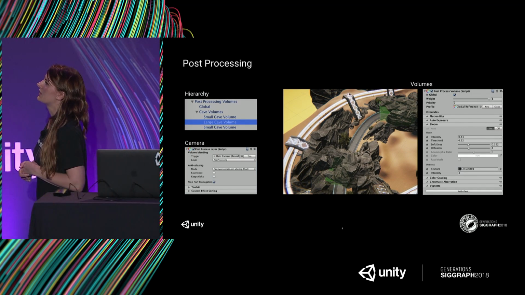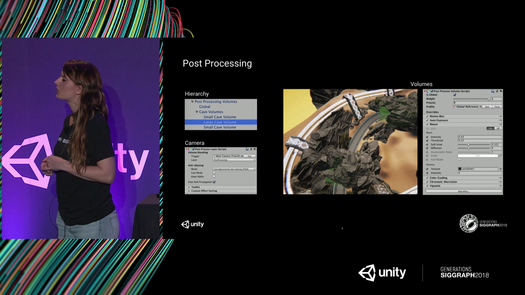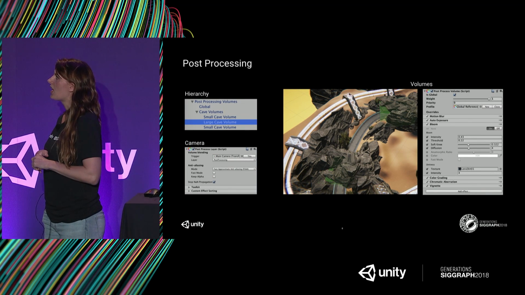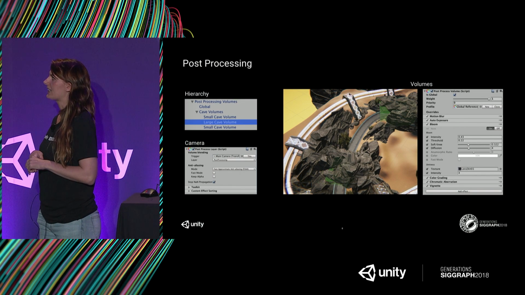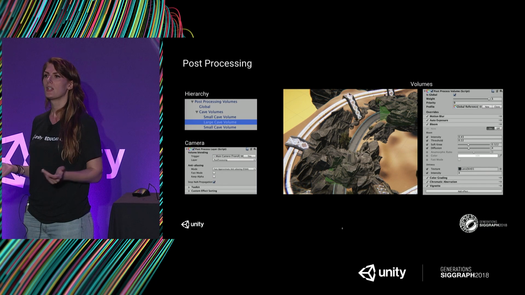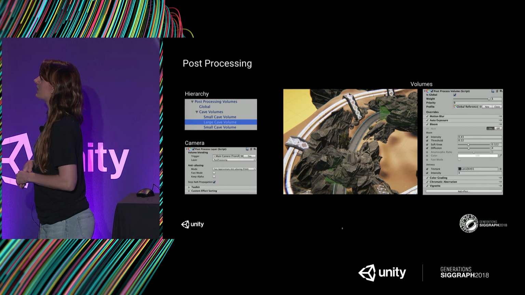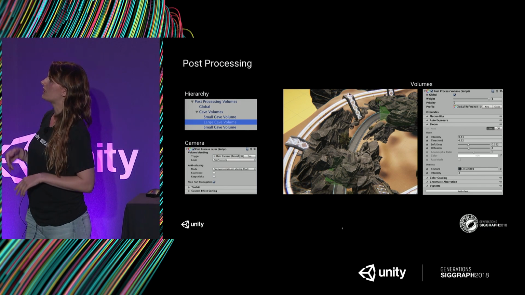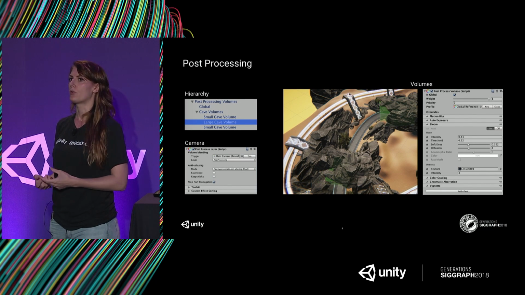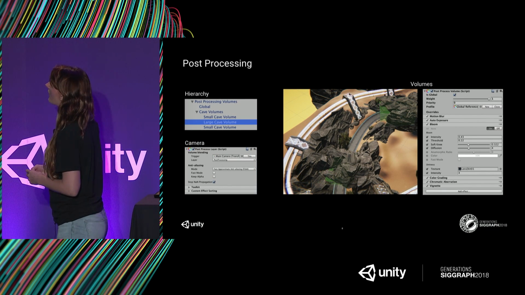And then finally, we're going to be looking at post-processing. So just as a quick overview before we get in the editor. So the post-processing stack in Unity works on the principle of volumes. So basically, what you'd have in your scene, as you can see from the hierarchy view up on the left, is you'd have a selection of post-processing volumes. And these are effectively